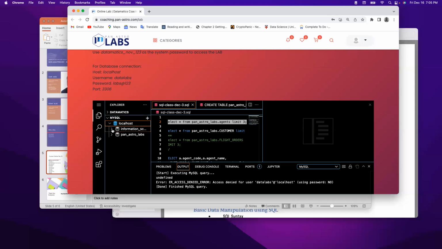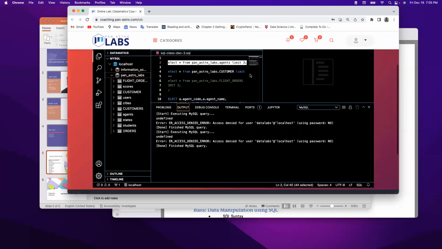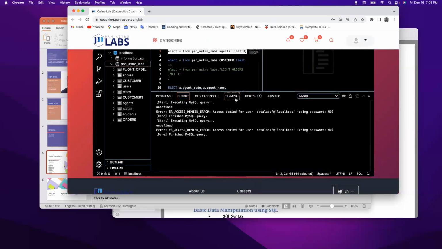And you can see all your database. You can see the schemas, then your tables. Then you see the Panastra Labs. So you can test that by just doing a right click and run MySQL. Scroll down and